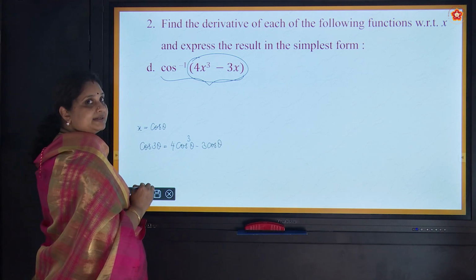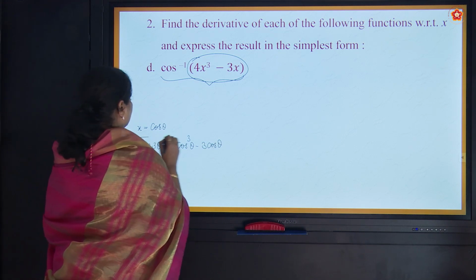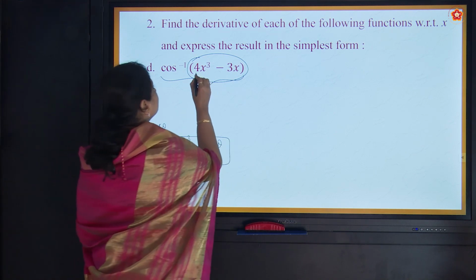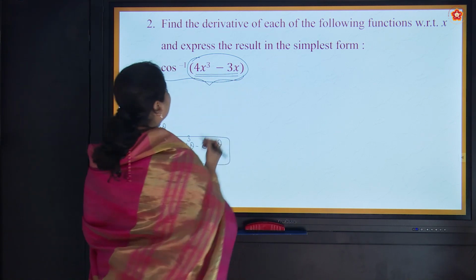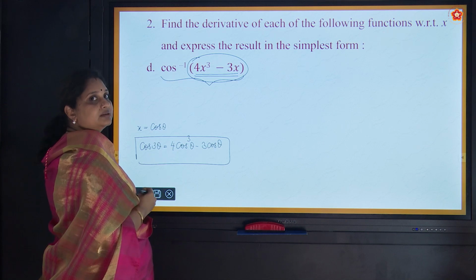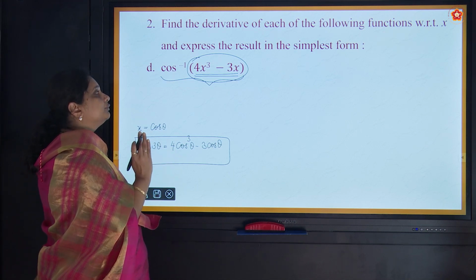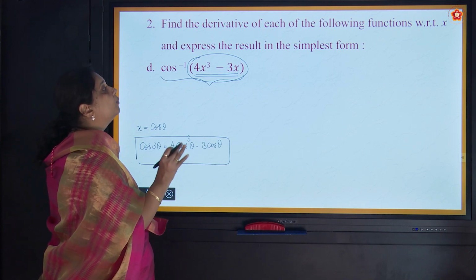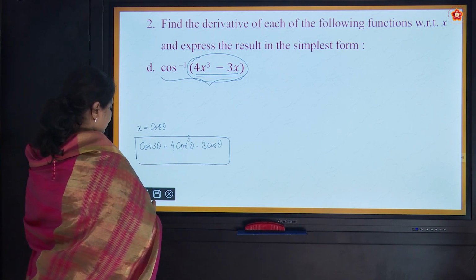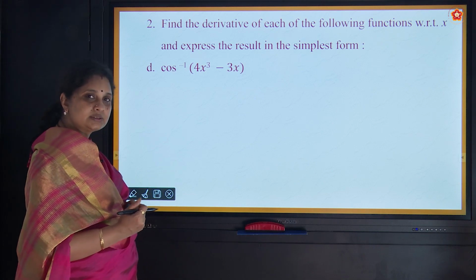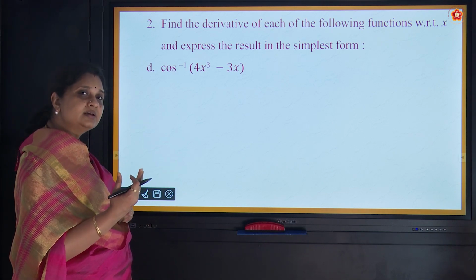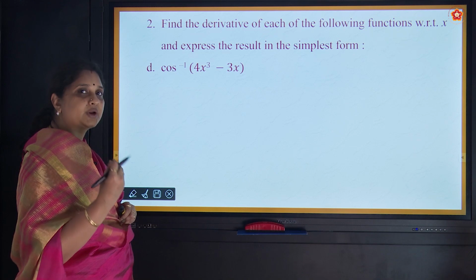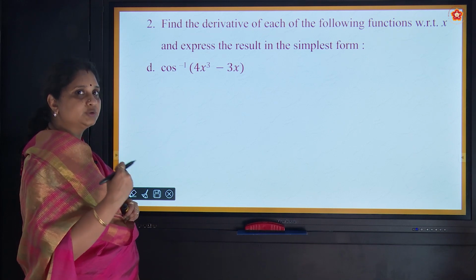This is an identity that we all know. So whenever you look into such angles for inverse, especially such values for inverse trigonometric functions, it's a pattern. You should know what to substitute where. So go through these videos, and whenever you look into such patterns, the substitution should strike. It should come automatically to your mind.